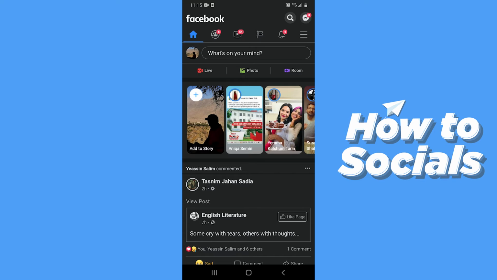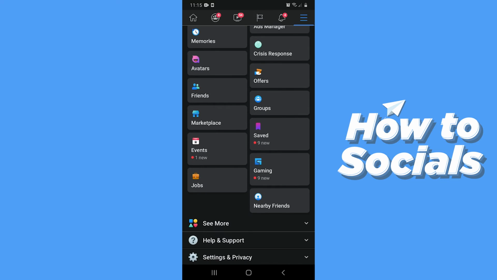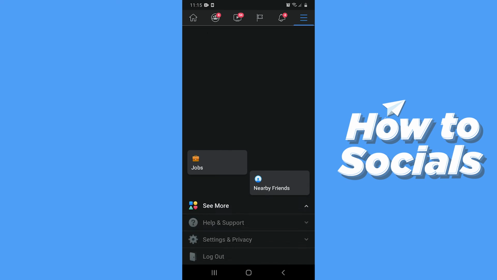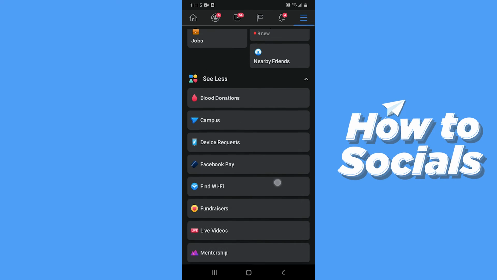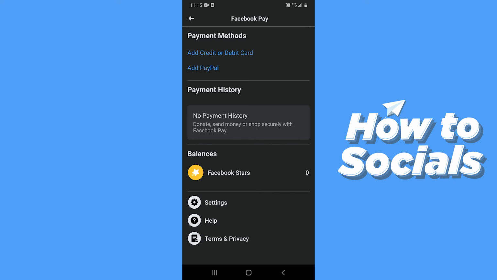Now tap on three bars on top right corner. Now scroll down. And then tap on See More. And here you will see Facebook Pay. Tap on that. By using Facebook Pay, you can donate to any cause, send money to your friends, and shop